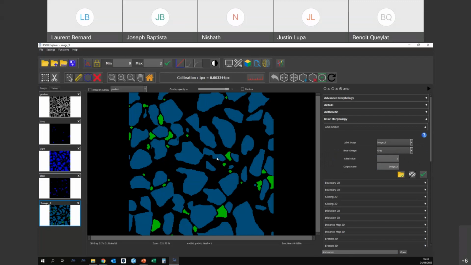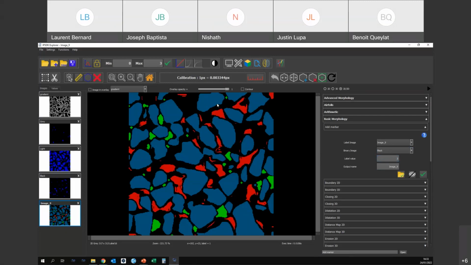And now you integrated and you created this label using information from 2 binary images. Now I will do the same thing, adding value 3. And now I have created a label image based on my binary image. And this result can be used now to make a watershed